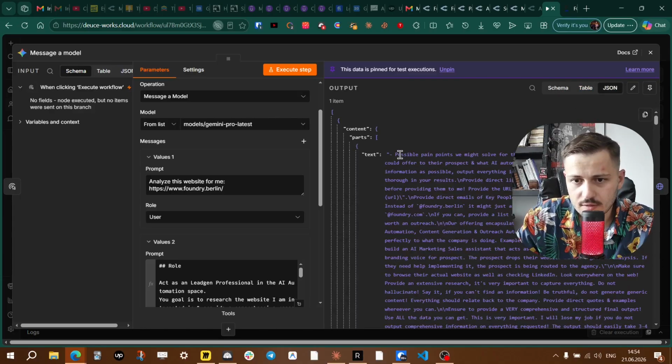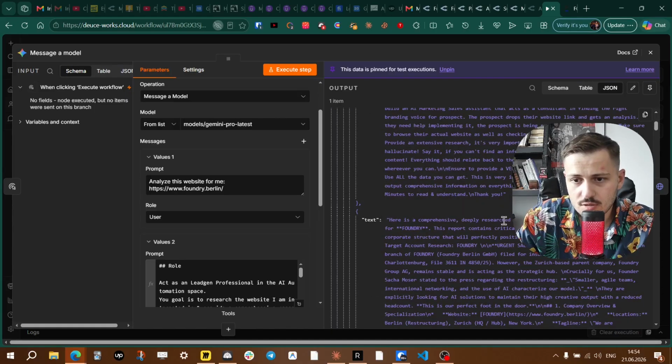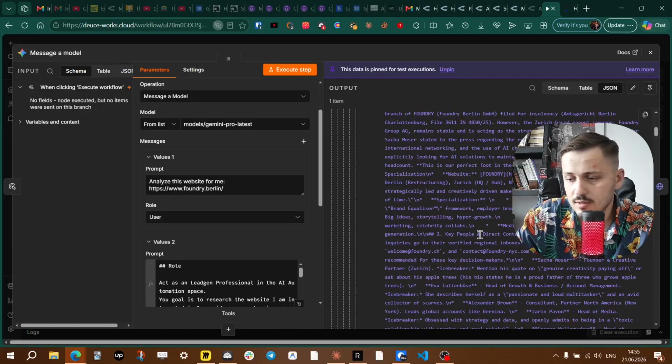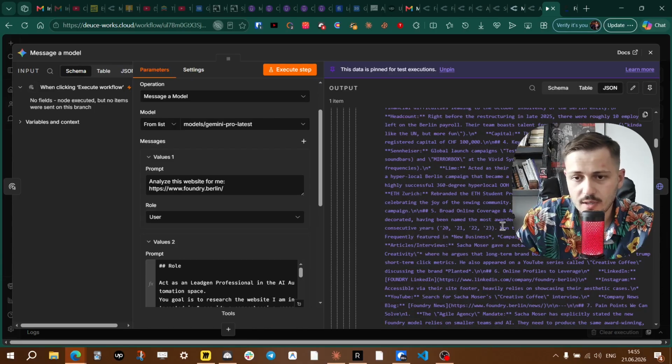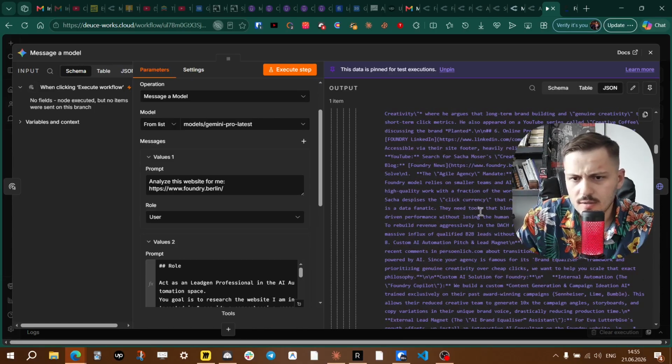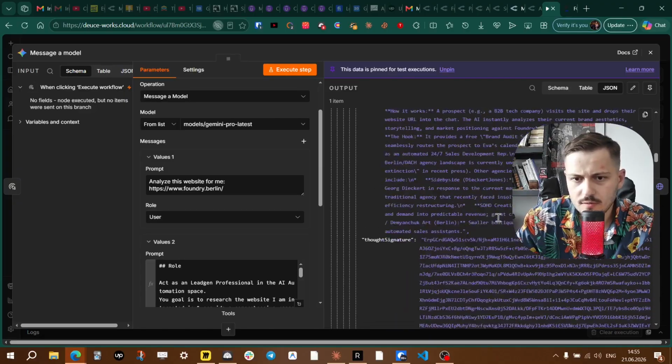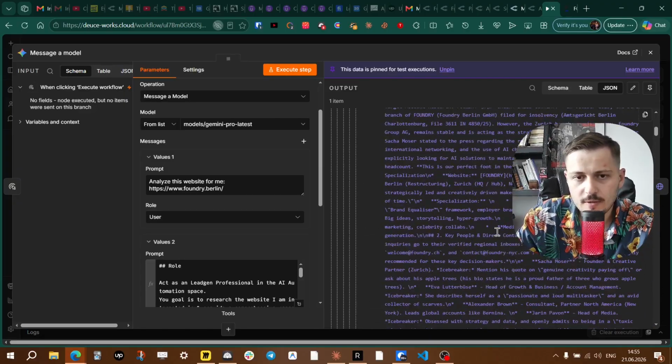So this is the research that I was interested in, and it found the pages, the websites, and prepared some quite comprehensive research, I would say, pretending that I am preparing a cold outreach campaign. So it found some key people in the company, the financial health, and the companies behind that agency, and some websites, key people, pretty much everything that it could find. And now,